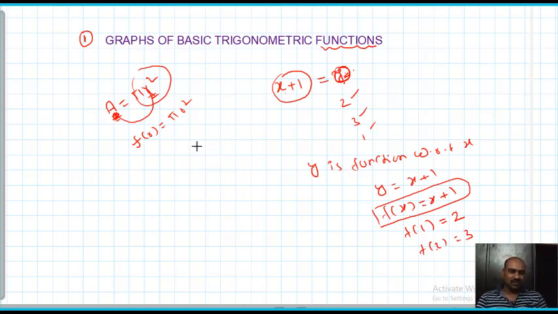Important thing, observe all of you: here y is equal to x plus 1 given. X is varying, y is varying. So x is treated as the independent variable, y is treated as the dependent variable. The value of y depends upon x. Sorry, x is input and y you can call as output. Input is called the domain of the function.